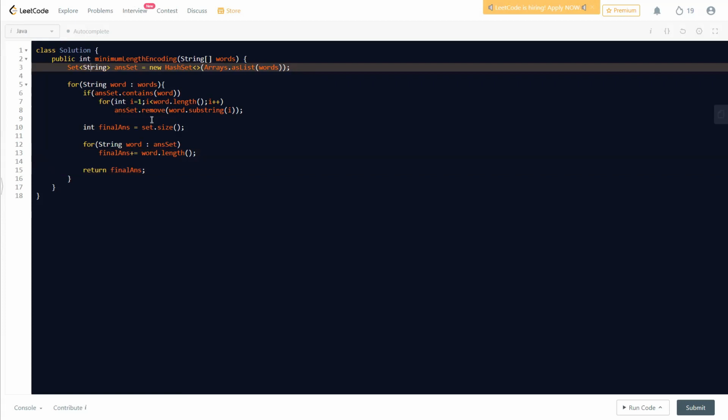So let me explain quickly what exactly I'm trying to do over here. The main thing is we got our set, that's the answer set we named it. This answer set is a hash set, and we just added all our words strings, converted to a list, and added it to our answer set in a single go. Now, the next thing is we traverse through each word in our words array,